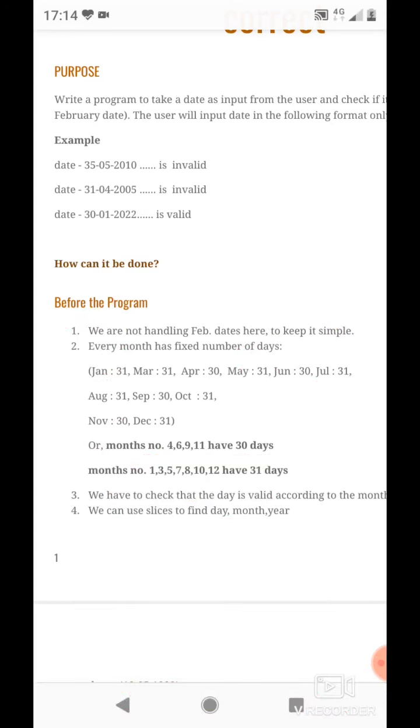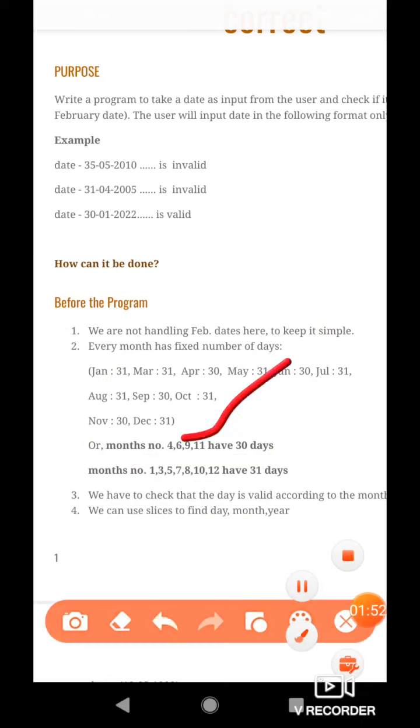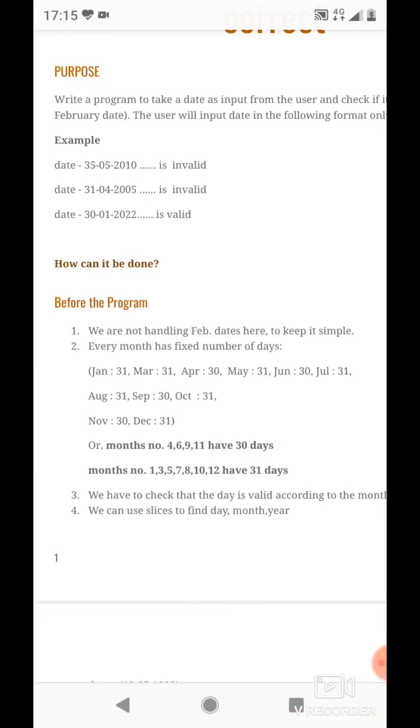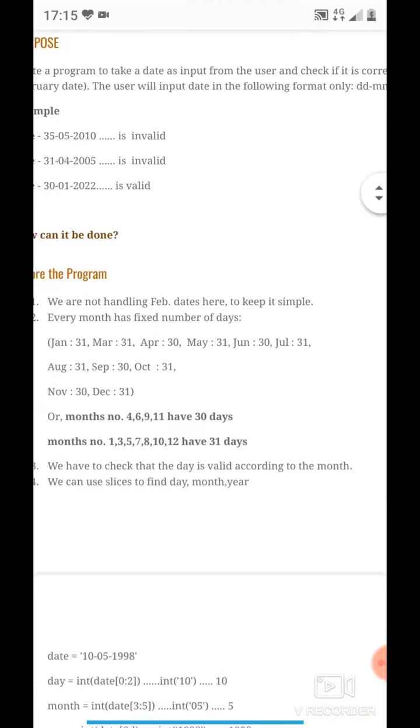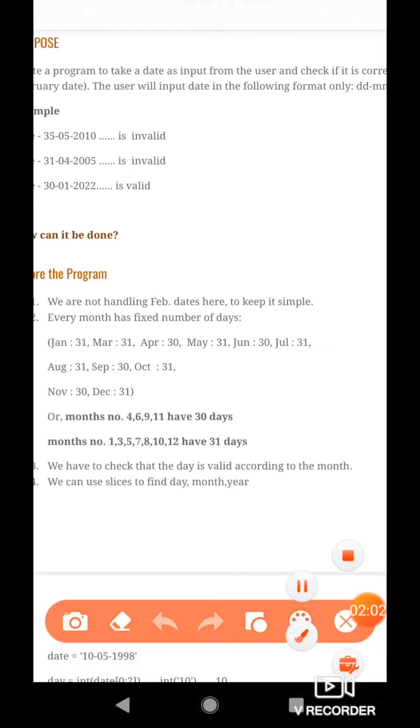Okay, so we will be referring to or processing the months in the form of numbers in our program. The third point we need to keep in mind is that we have to check whether the day is valid according to the month.